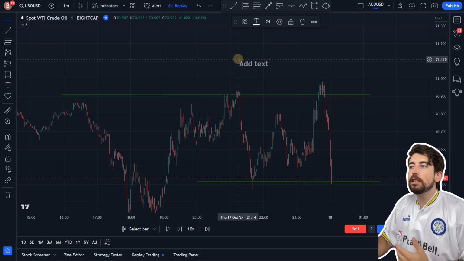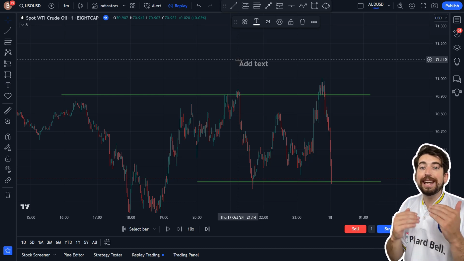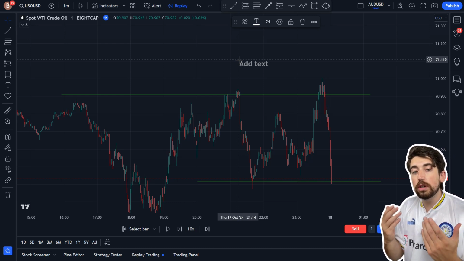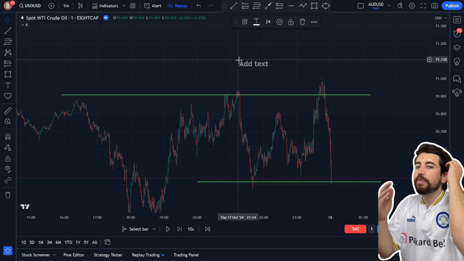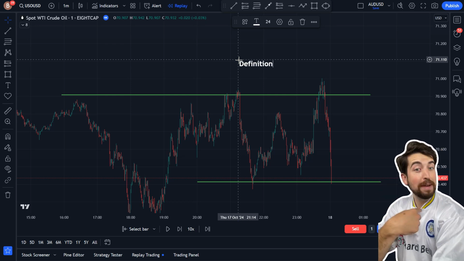Because we've looked at this, we know why we're hopping into it. Good for take profits, good for stop losses, and we have multiple opportunities to hop in, which is really good. How do we define it? So a definition of a range, according to me, Alex,